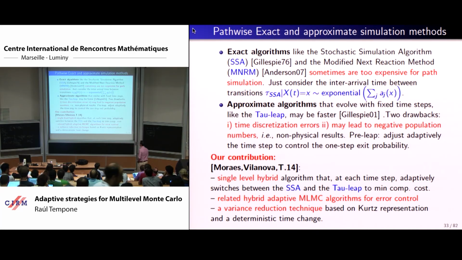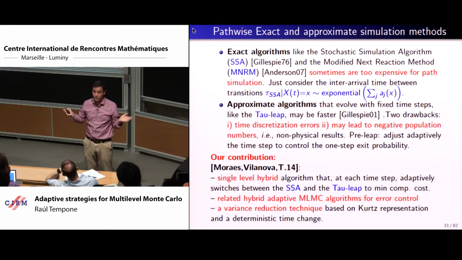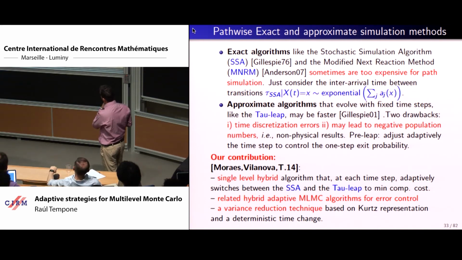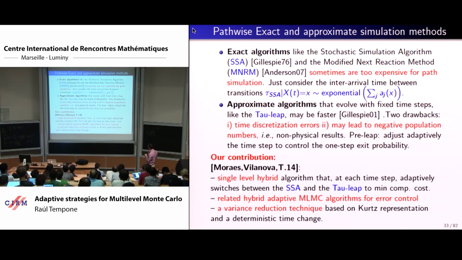Good. So what is the problem then here is that essentially the cost comes from all these events that are happening in the system. So if you actually have a lot of molecules in a big reactor, right, you can think that there are a lot of reactions happening, and if you have to track all of them to do this exact simulation, the cost is going to be horrible. Okay? How horrible? Well, essentially these interarrival times between jumps are exponentially distributed with intensity that is the sum of all the a_j's in the system, and this can be a large number depending on the system.